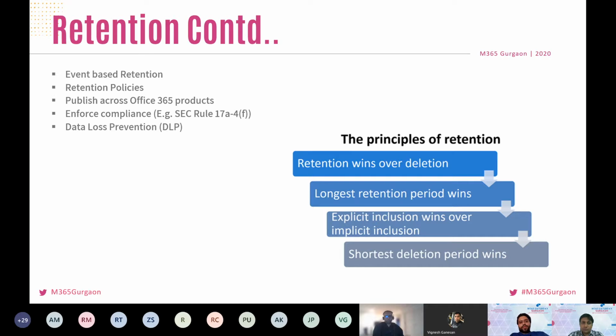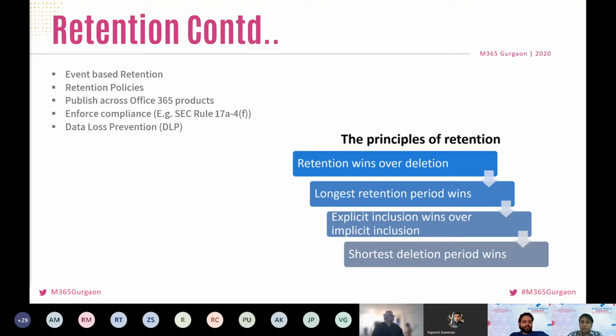The fourth option is event-based, where we can define our own custom event. A business scenario can be like a training session or any certification drive. We can create a document 1 week before or 1 week after, but we can define the event. For example, 19th of September is the event type. So we can define the retention like after 2 weeks or after 1 month this document should get deleted, or this should not get deleted before 1 month. We can do that.